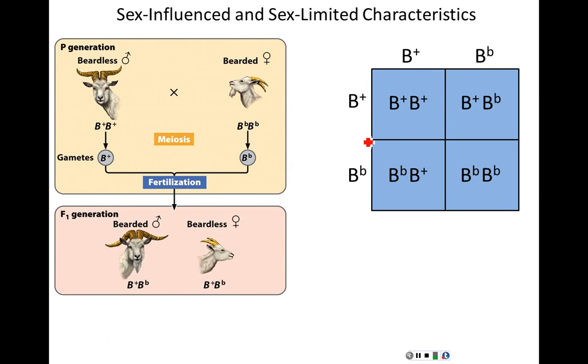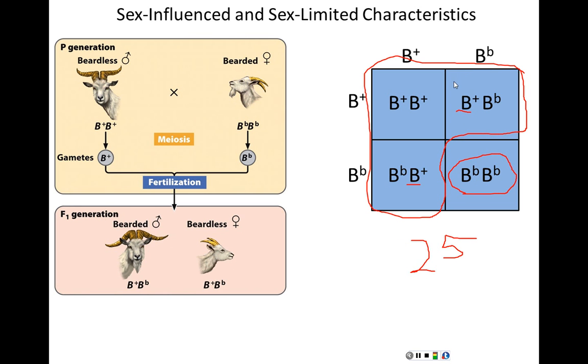For females, the cross is exactly the same. We don't need to change the Punnett square. This is the cross. But for the females, the bearded allele is recessive. So for females, 75% of the female offspring will not have beards because they are carrying what is, for them, the dominant unbearded allele. Only this 25% of the females will have the beard.